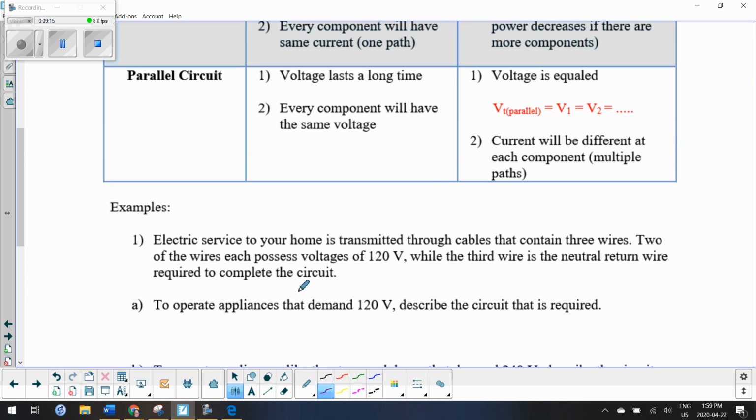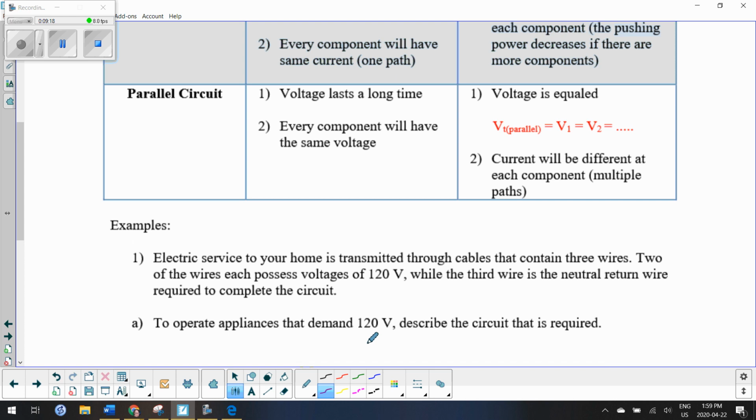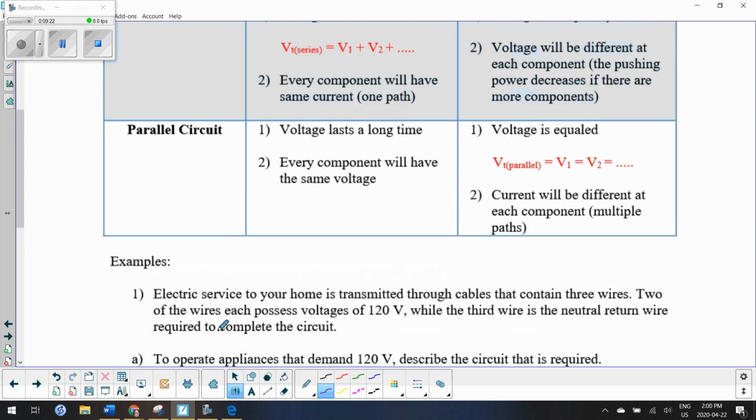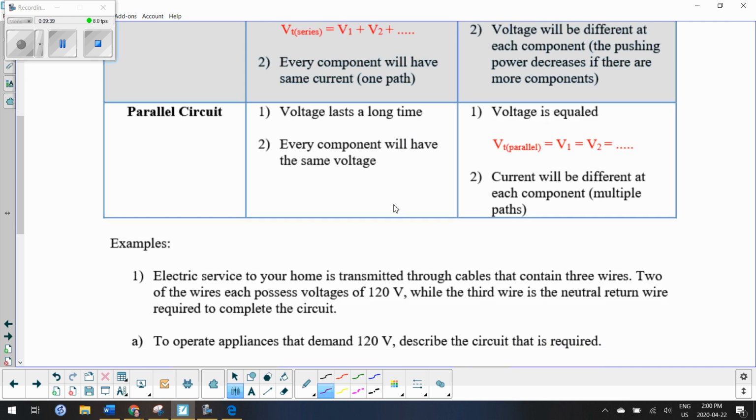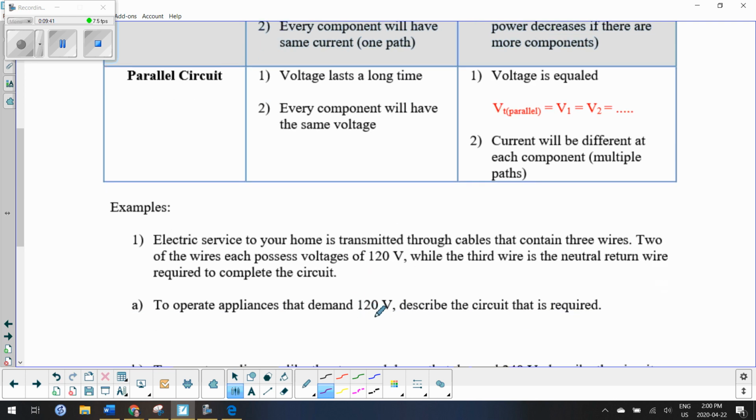So, if you need 120 volts, and you connected your 2 wires in series, what that means is V total in series equals one wire at 120 plus the other wire at another 120. If you added them together, you get 240. So does that work if you only need 120? No. So you are going to connect in parallel